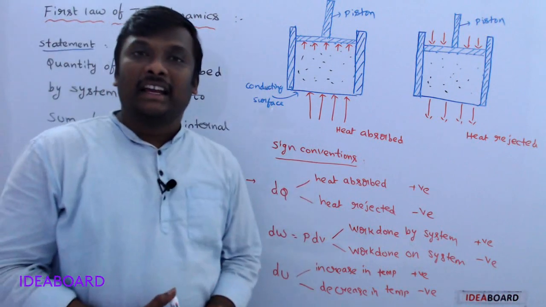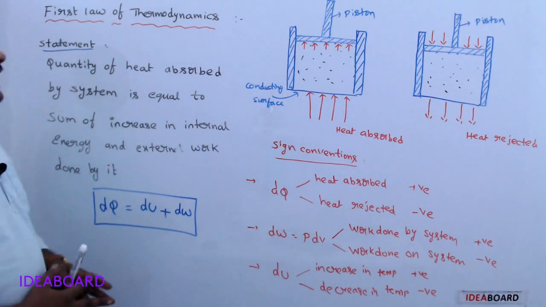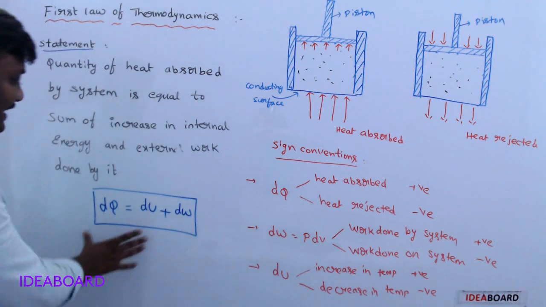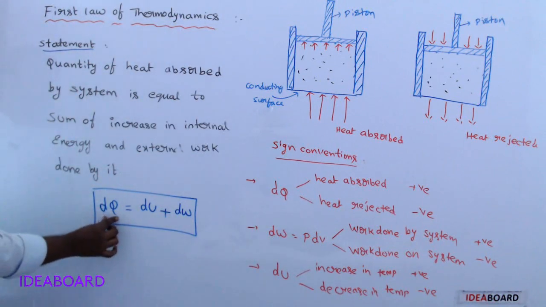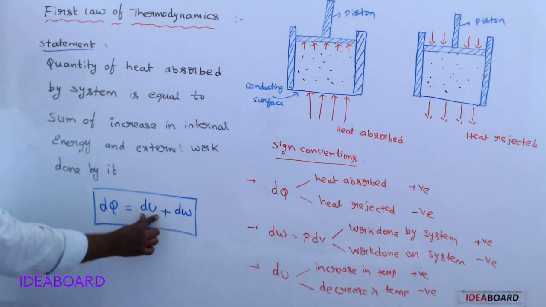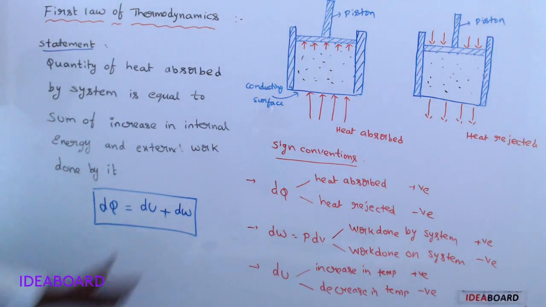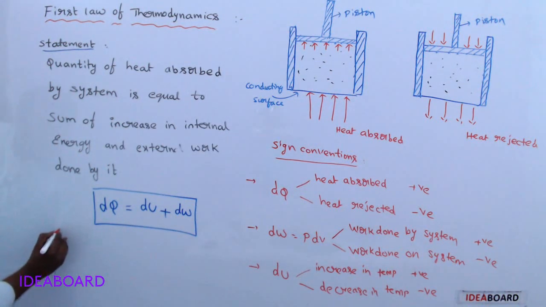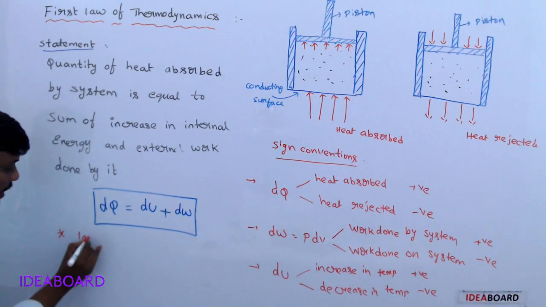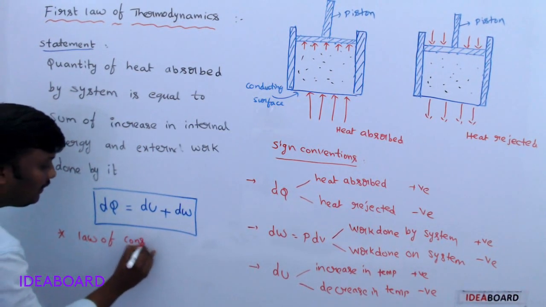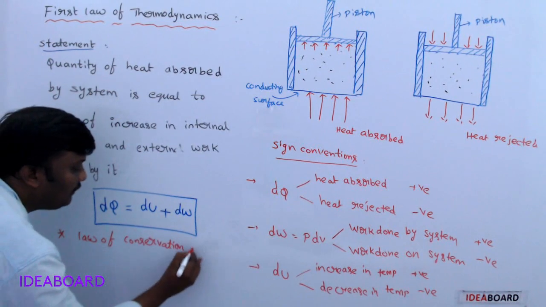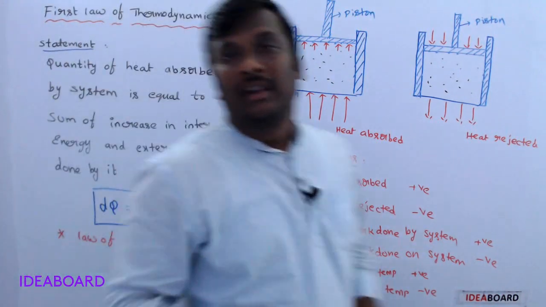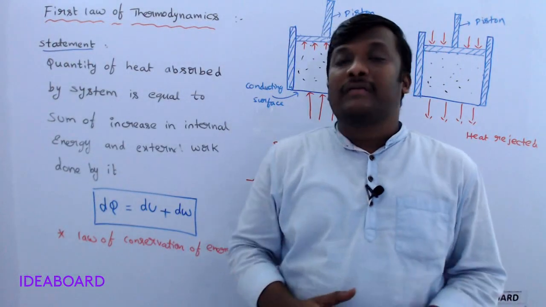So these are the sign conventions and it is the mathematical expression for the first law of thermodynamics. Understand now? Now see this relation once. Here dq is heat energy, du internal energy, dw work done, nothing but energy. Everything is related to energy. That's why the first law simply satisfies the law of conservation of energy. It's very, very important.